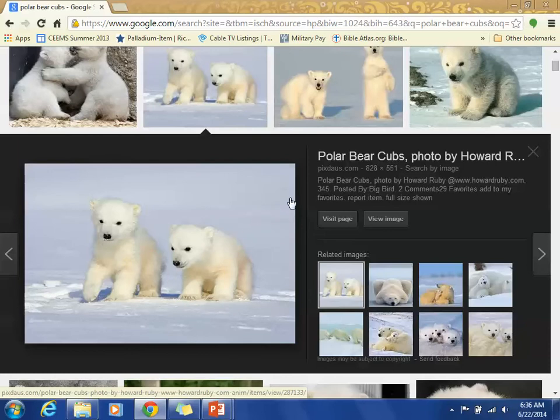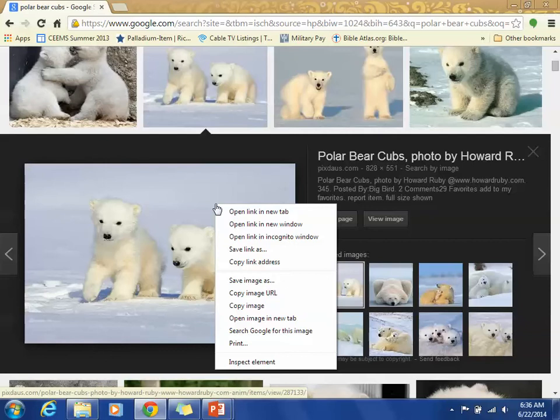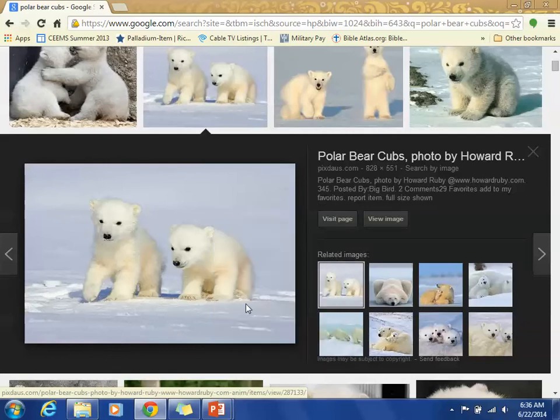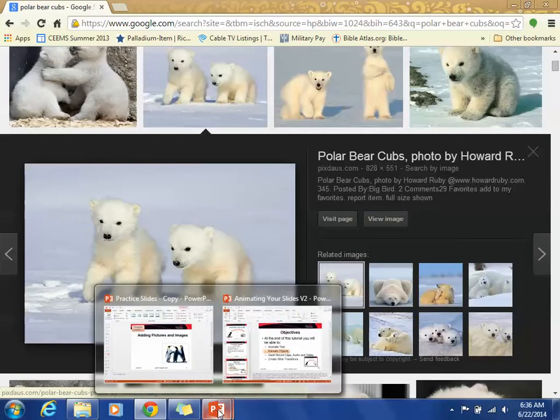I'm going to double click on that image, but first I want to show you something about resolution. One of the things that it does is it gives you the resolution of the photo, and in this particular case it's 828 by 551. That's pretty good. If you start getting images that are in the 100s to 200s on these numbers, you'll get a grainy image, so you want to pay attention to that. Okay, so I'm going to right click on this picture and click Copy Image. I'm going to go back and reselect my